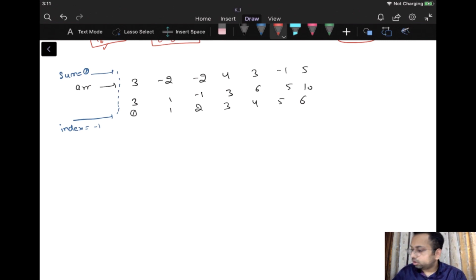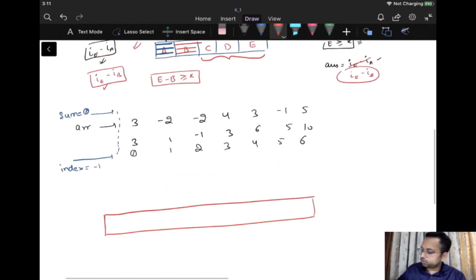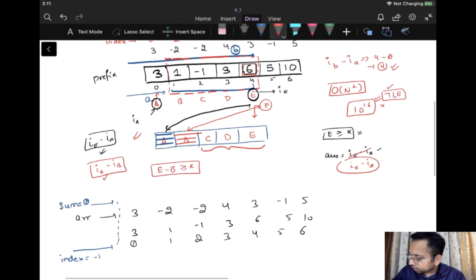So now we are going to consider a doubly ended queue. Why have we considered a doubly ended queue? Because it's possible that whenever we get a sum which is greater than k, we are going to check whether this range has a sum greater than k. So it's fine, we can store that as the answer, which is ie minus ia.